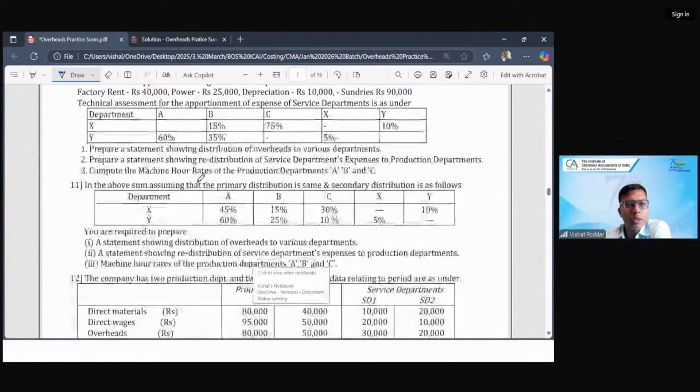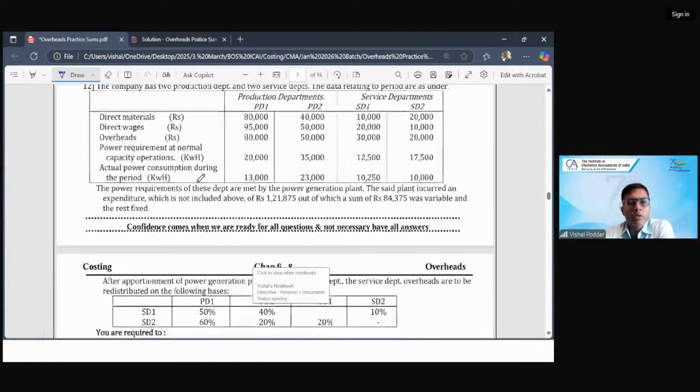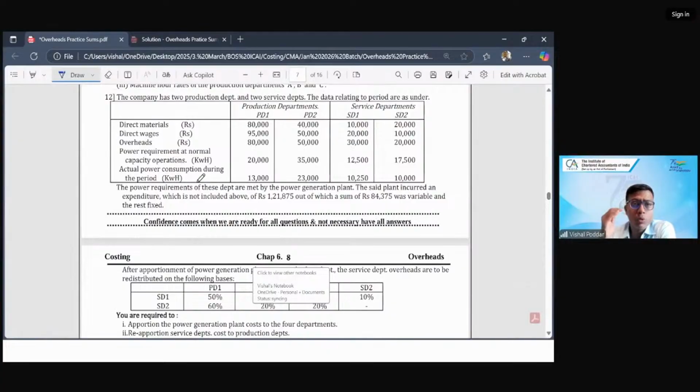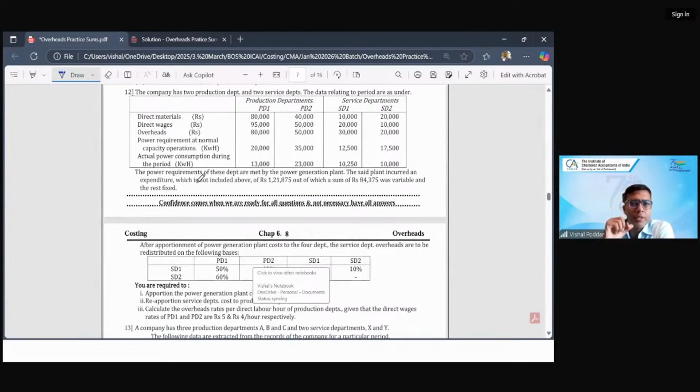which according to me, yes, this one. Now we are solving comprehensive. Comprehensive means we will do primary, we will do secondary, and we will also find out ORR, that is the overhead recovery rate, which is the complete steps of solving. For this, I've selected this sum because it has some special elements. So we will first do primary, in the same we will do secondary, and in the same we will do ORR. Correct? So it will be a comprehensive sum. Chalo, I want you all to start.